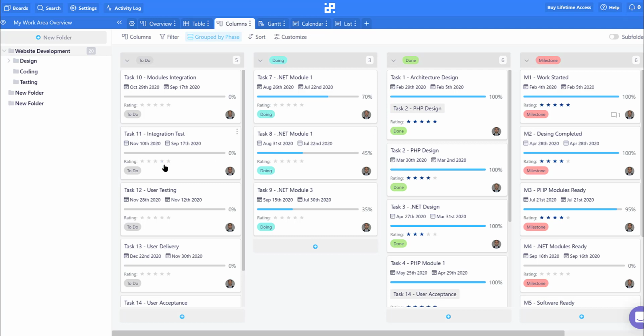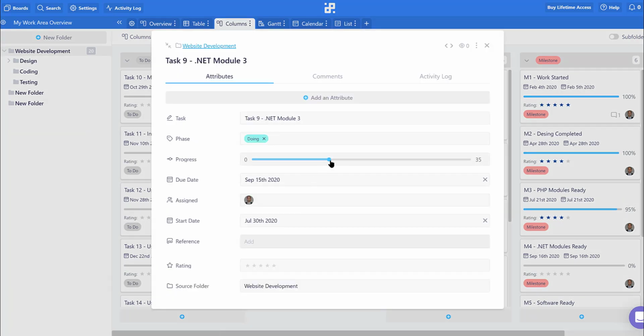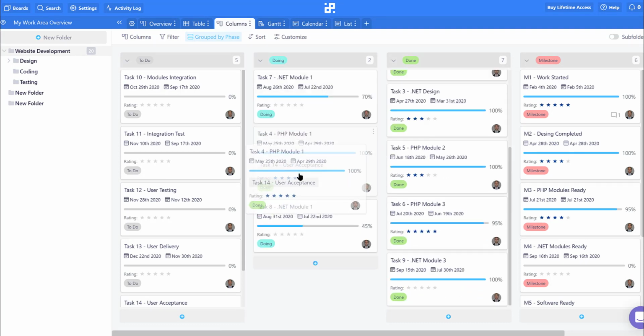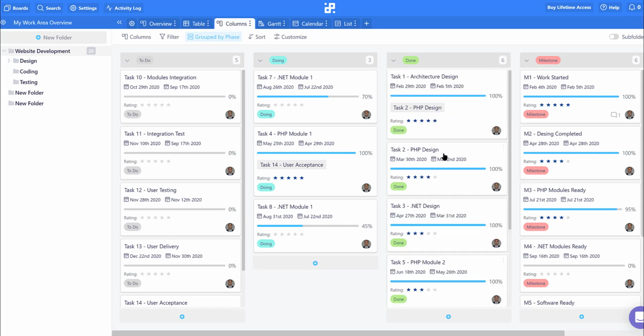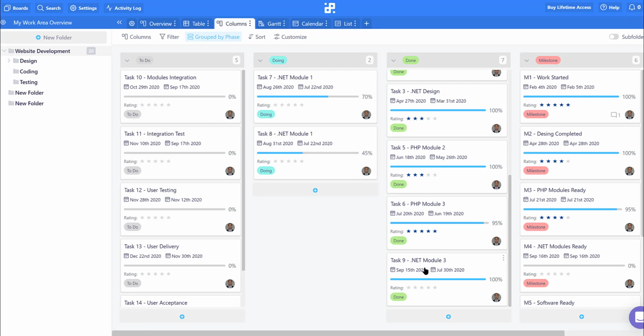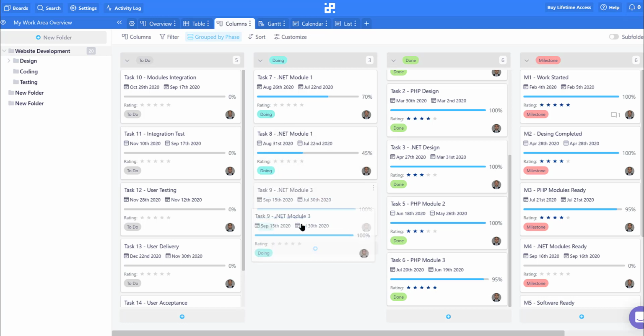It's just quite fluid. For example, let's say you're doing this, and let's say you completed this one. So on this particular task, you say, well, this is complete. It's not doing anymore. It's basically done. If you click, that task actually comes here as done. So you can add that task from there to here like that. You can keep shuffling if you want. So this was task 7, 8 and 9. So 9 comes here. Okay. And that way it will also automatically change the label or the phase for it,